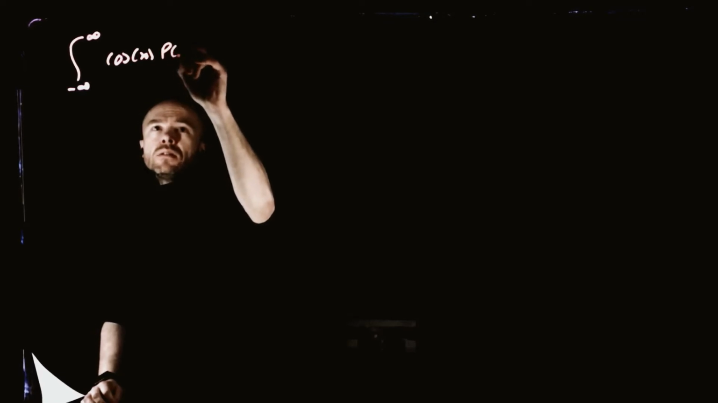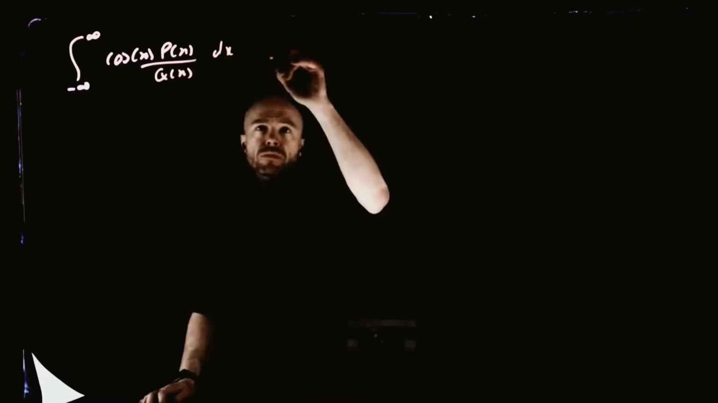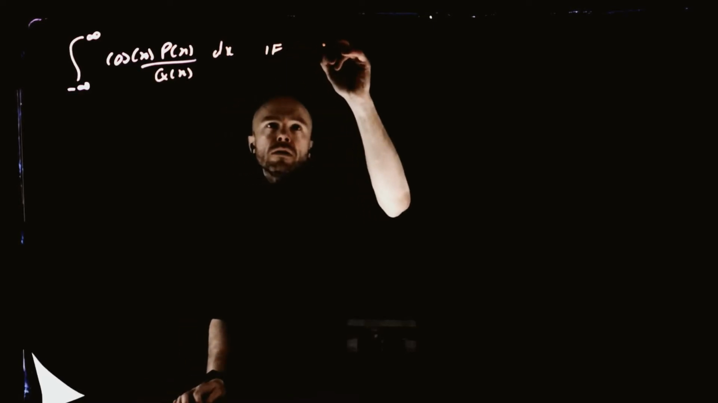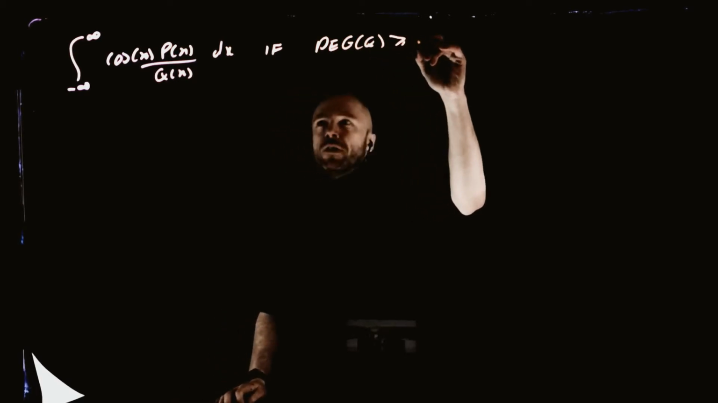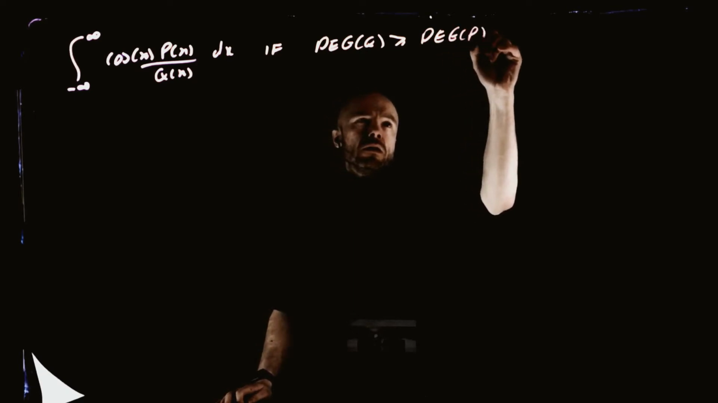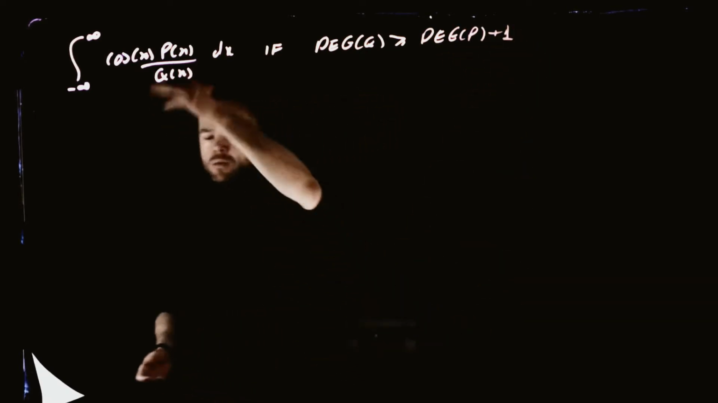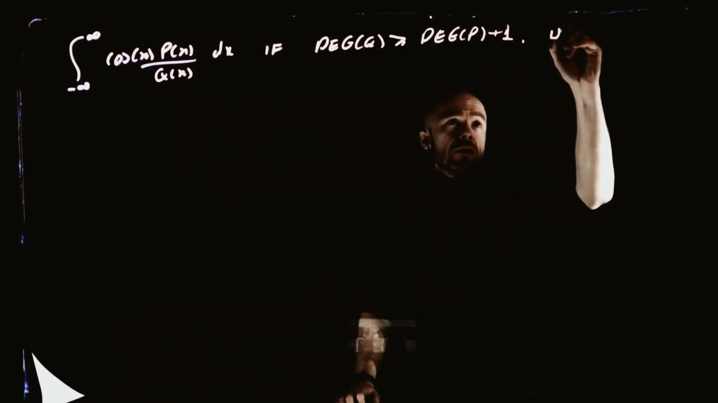What we learned last time was that we can integrate functions of the form cosine of x times some rational function P of x over Q of x, if the degree of Q is bigger than or equal to the degree of P plus 1. And instead of cosine, we can have sine. We do this